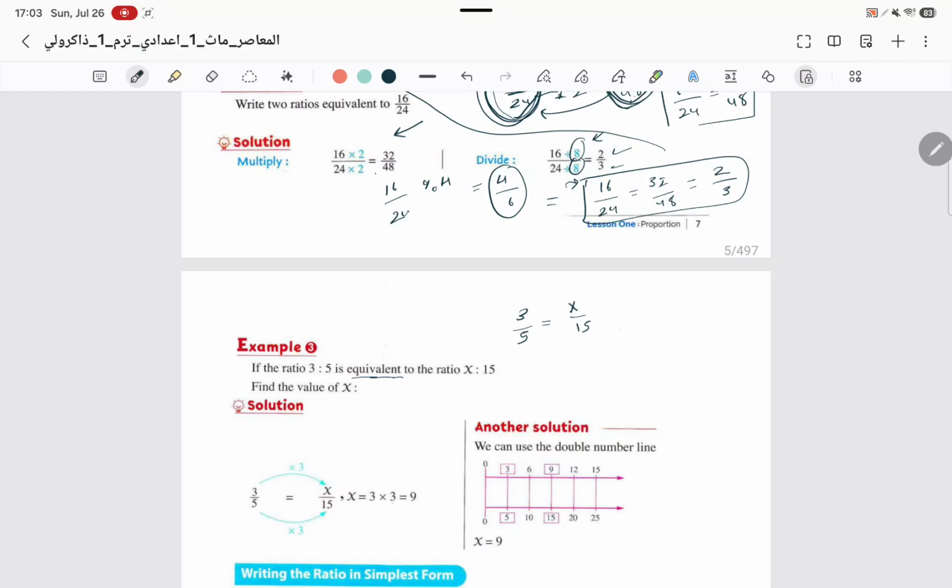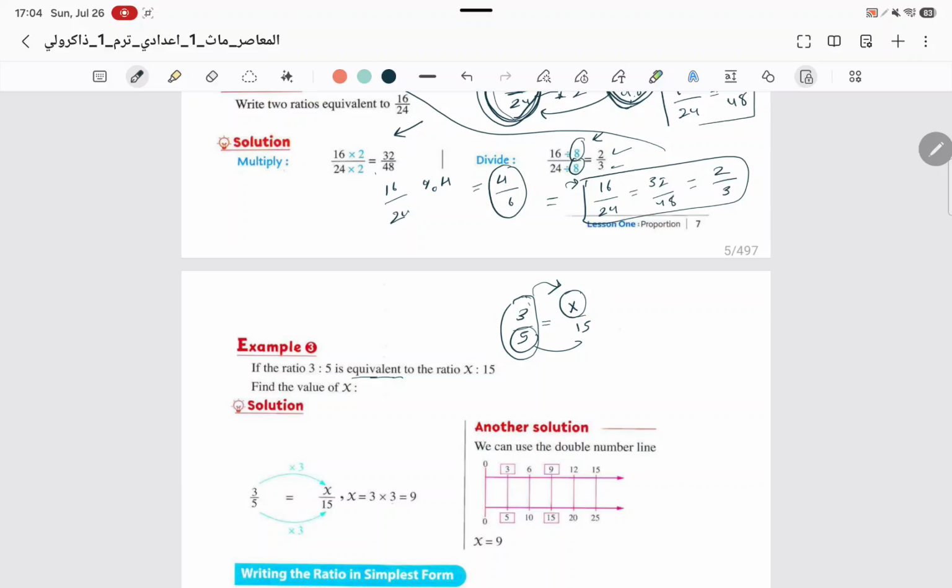Okay, equivalent means we make an operation, so we multiply or divide that ratio to get that ratio. We make the operation with the same number. So the number that I multiply, for example, or divide to get 15, it's the same number I will use to get that x. Got the idea here? Okay,